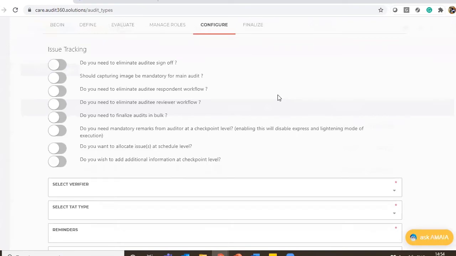Now, COVID is a new scenario. Those are also scenarios to be considered when a branch audit is conducted. So in the current scenario, to handle the additional requirement, you can create a group called COVID related checks, and add checkpoints under that, and edit the audit type and add this group there to take care of that additional requirement.